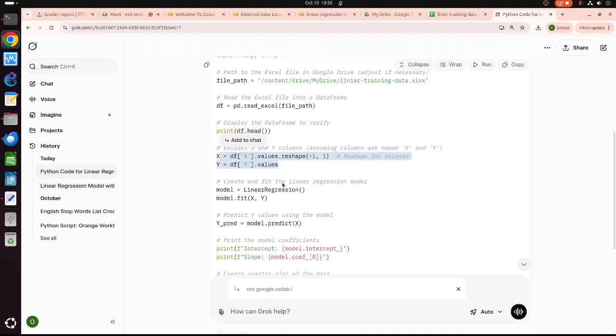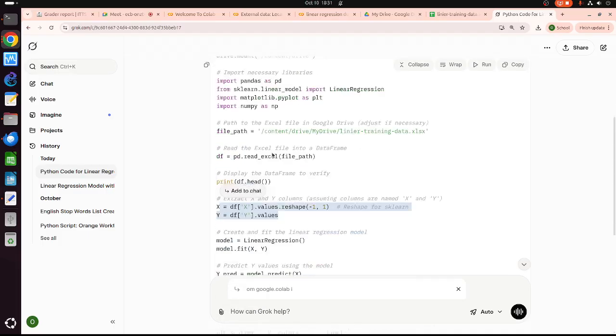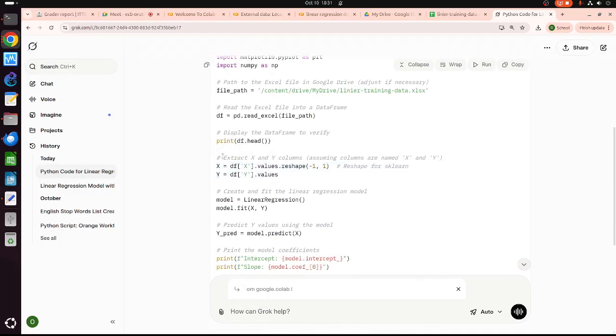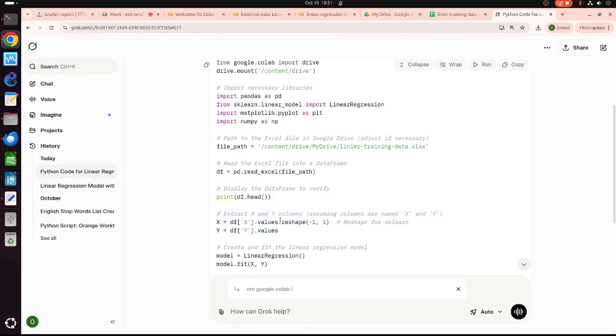Okay, so basically, to be honest, I don't know why we need to reshape the value. Basically, this one is to normalize the value between -1 and 1, so make things easier. But I don't know why we need to do these things. I personally don't see it.